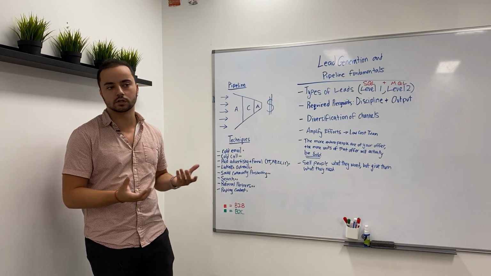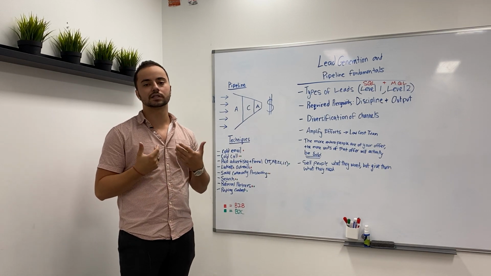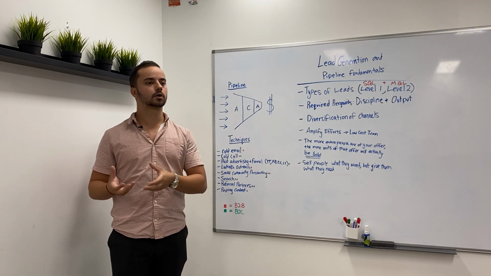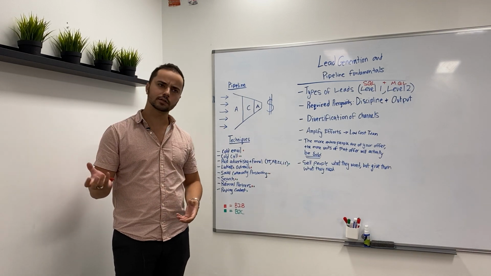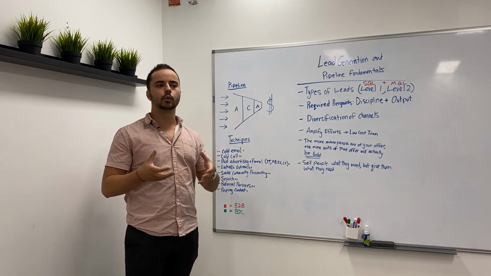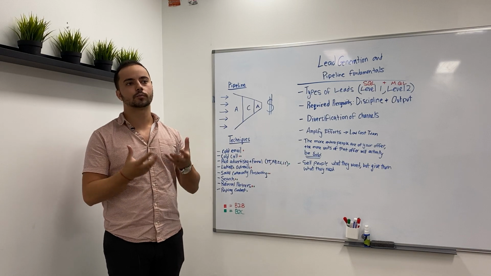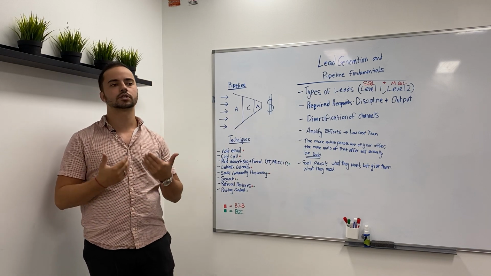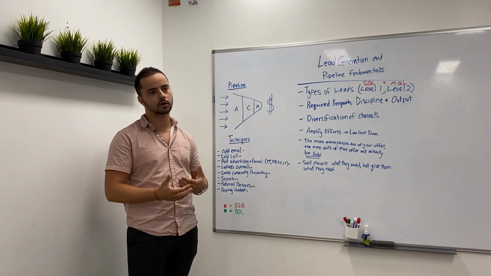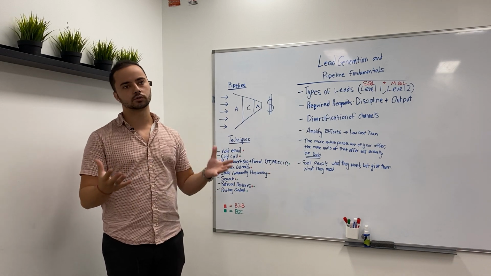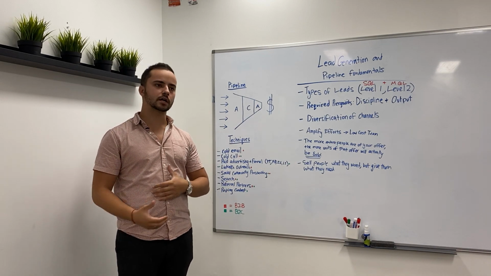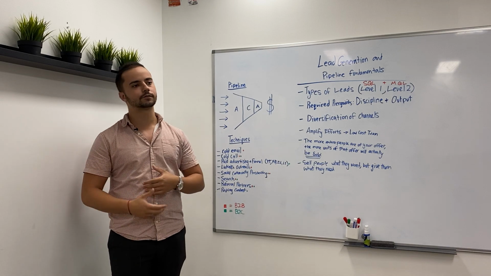Level one is ultimately what we want. So for our business, level one is appointments booked on our calendar, right? That's a lead still. It's a level one lead, but we classify it as the most engaged lead. They're an appointment on our calendar. They've booked a demonstration. They're interested. They've probably already had a discovery call. If not, they just scheduled a call either from our advertising efforts, our outreach efforts, our cold calling efforts, our